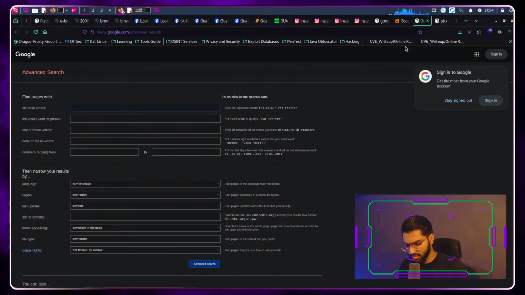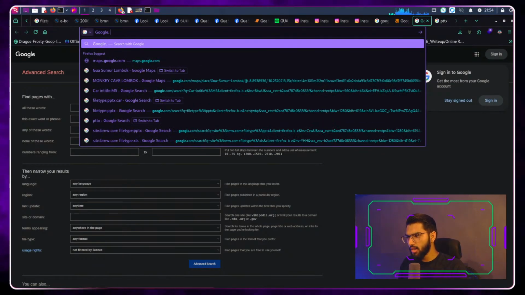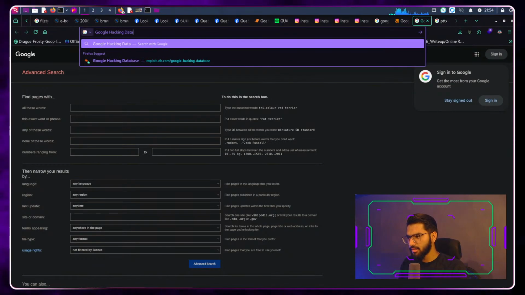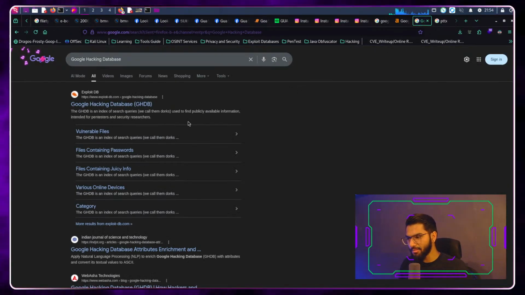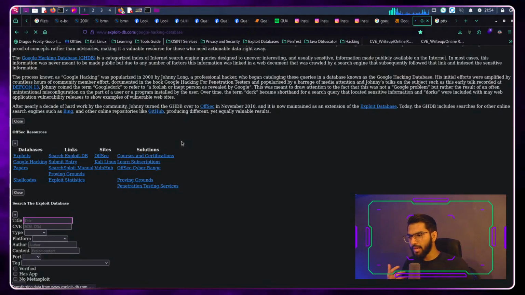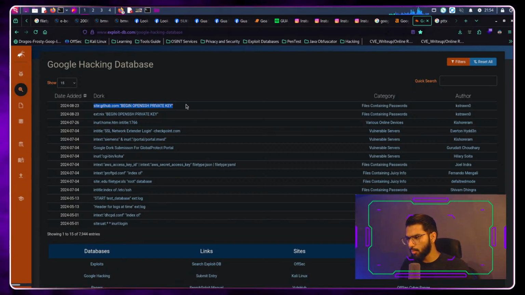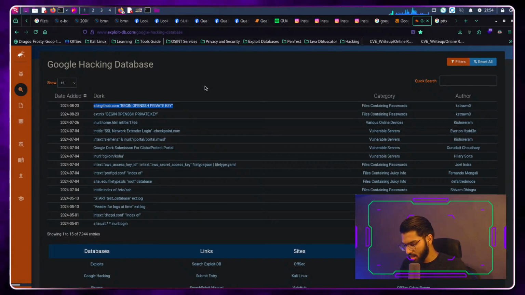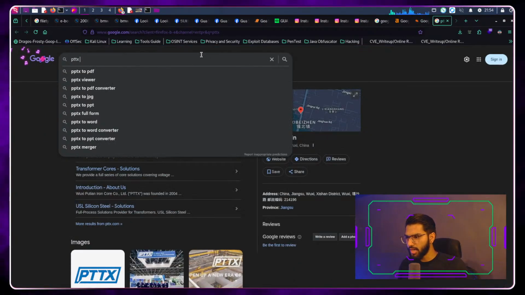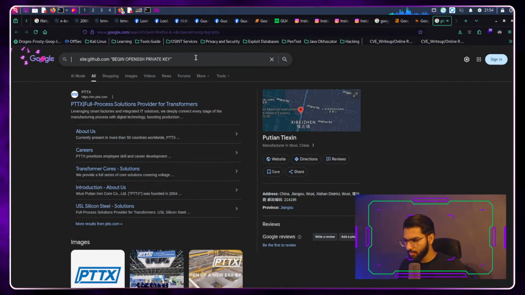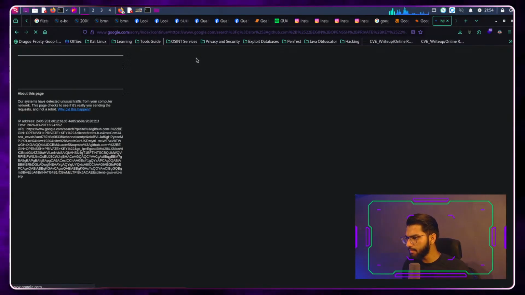And that place is the Google Hacking Database. Now, if you go with the name, you might think we are hacking Google's database, but no, this is nothing but a place where you have predefined and pre-searched queries for specific things, such as we have site GitHub being OpenSSH private keys. Now, if you want to identify any open private keys present on the internet, you can use it from here. We can just paste this search query, press enter. We can remove this white space and press enter.